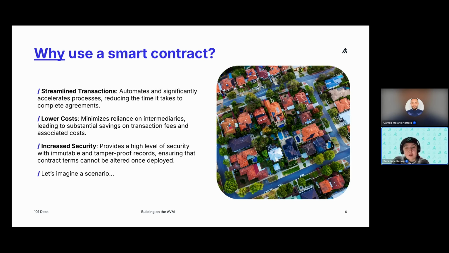such as a payment confirmation. Once Bob sends the agreed upon payment to the smart contract, it automatically verifies the transaction and updates the property records without needing a middleman. This not only speeds up the transaction and the agreement, but also saves both parties money by eliminating fees associated with agents and lawyers. You could also think the same way for